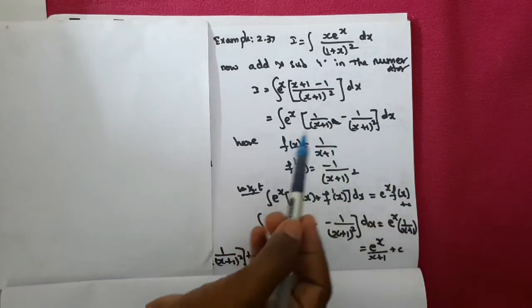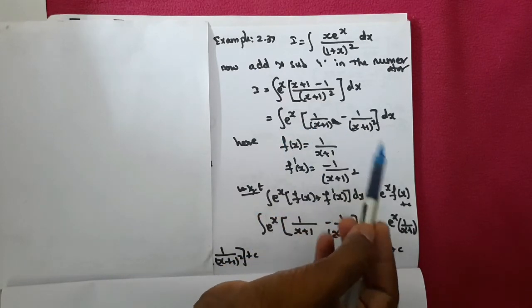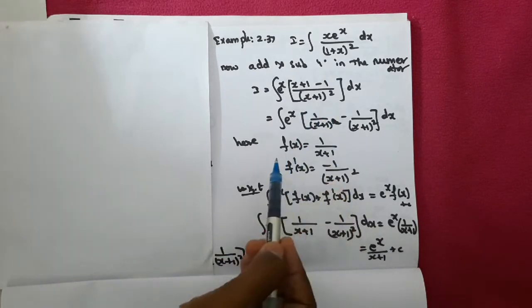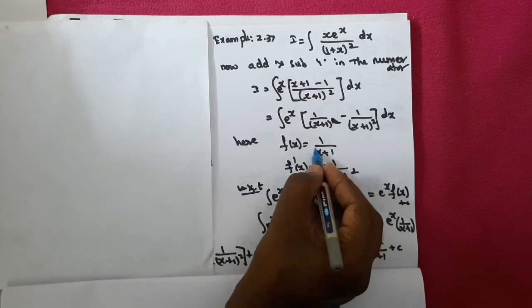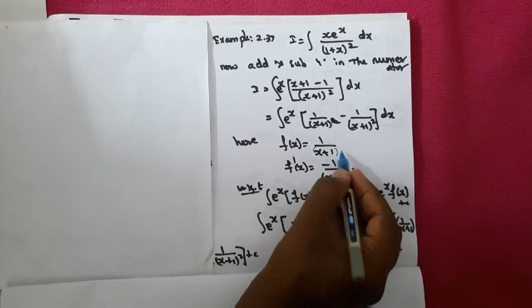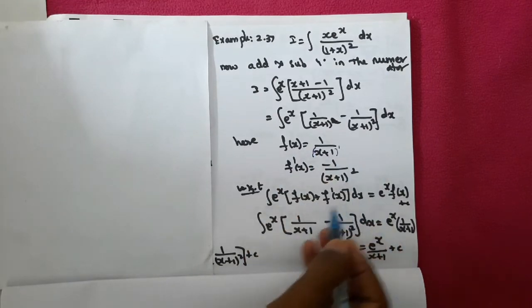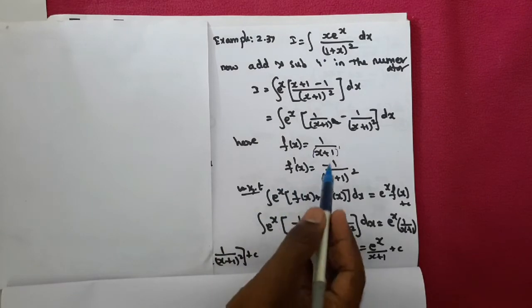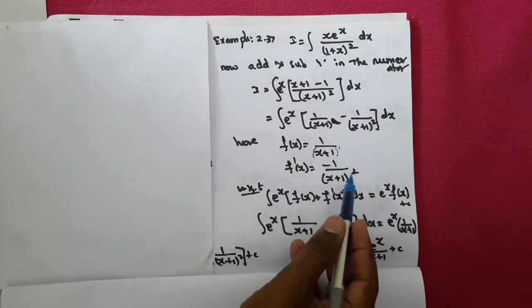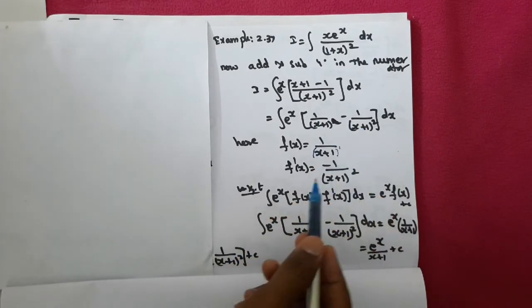So we got it. Now, does it look like e power x of f of x plus f dash of x? Yes. And take this as f of x. So f of x is equal to 1 by x plus 1. Here this whole power is 1, so 1 by (x plus 1) the whole power n. By the formula we have minus n by x power n plus 1. So minus 1 by (x plus 1) the whole power 1 plus 1, that is 2. So this is f of x and this must be f dash of x, right?